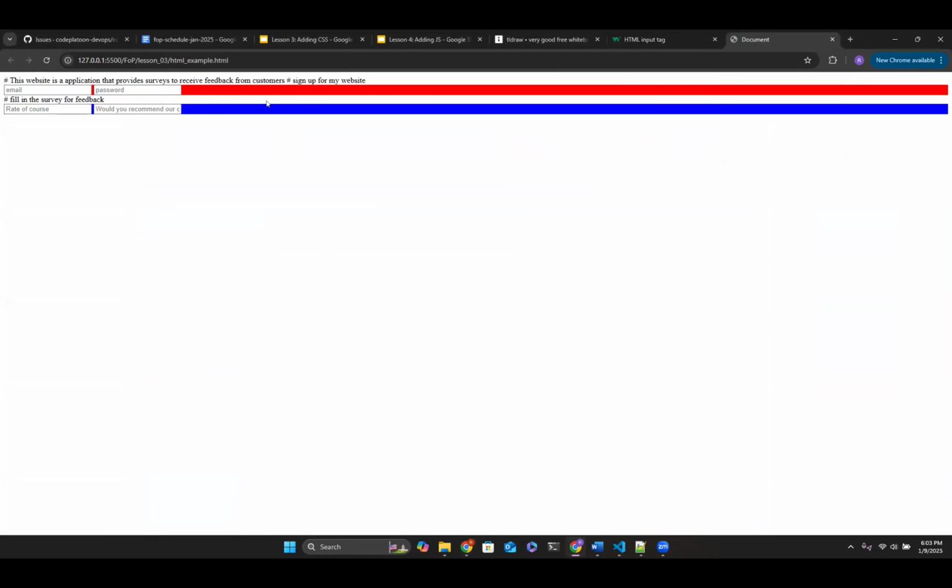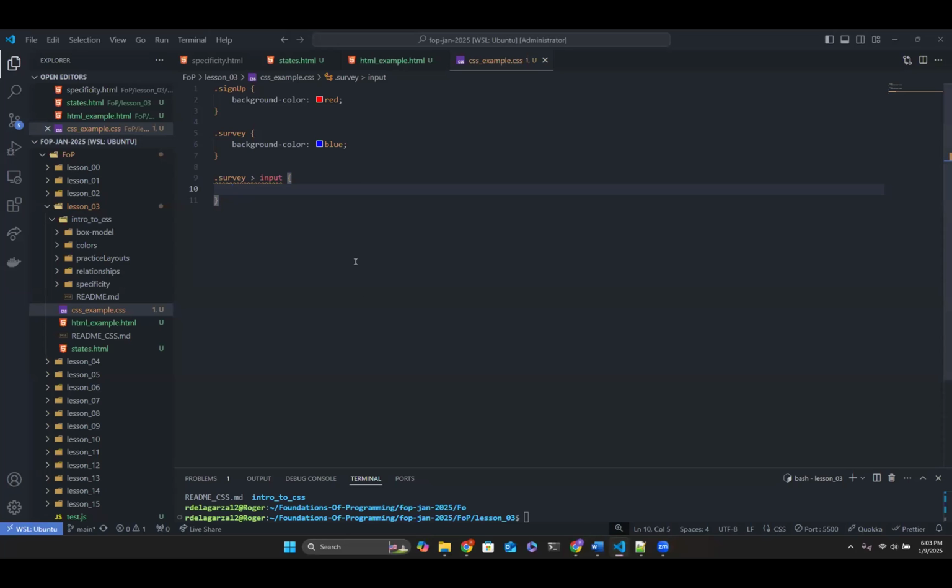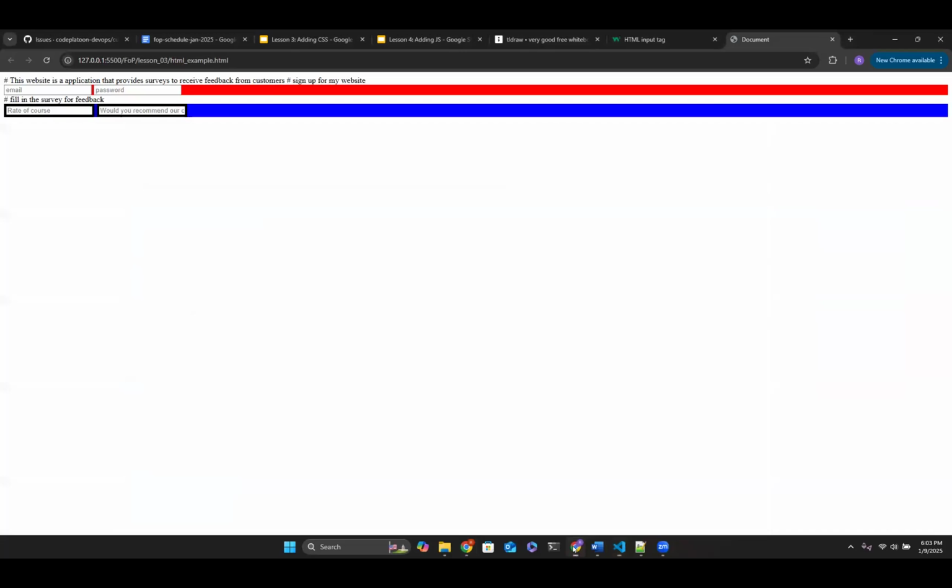All right, so right now, look at it here. We don't have anything there, so let's go with border. We'll say 5 pixels so we can really see it. Solid black. And there you go. You definitely can. Pretty cool, right? So you definitely can, instead of giving that specific class or ID to that individual input tag.